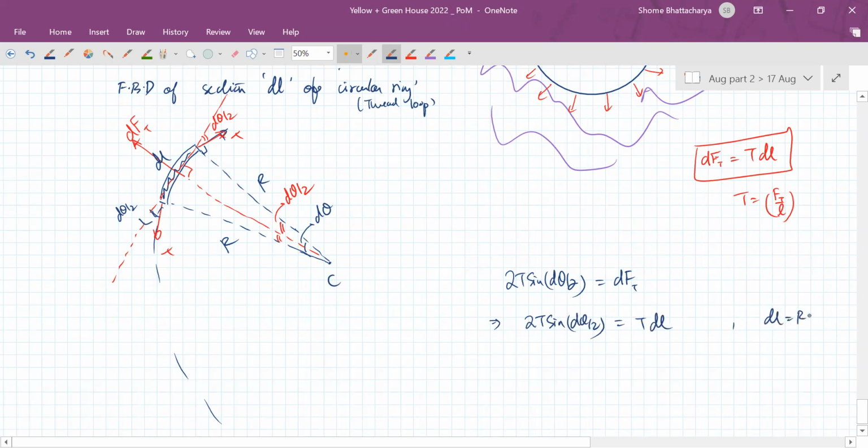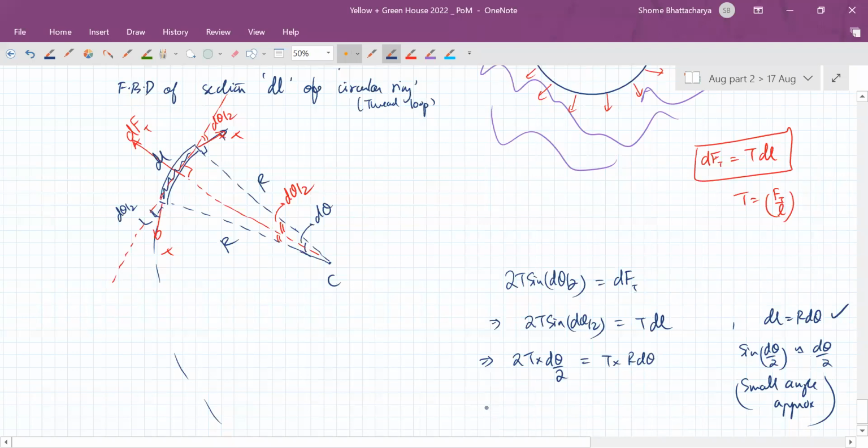Now dl is r d theta, and sine d theta by 2 will approximate as d theta by 2, small angle approximation. So using that, the left hand side becomes this much, the right hand side becomes this much, and you can see that